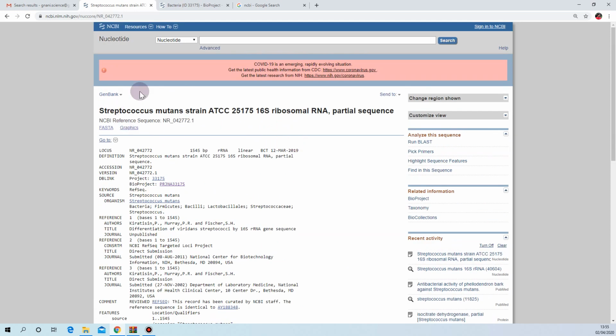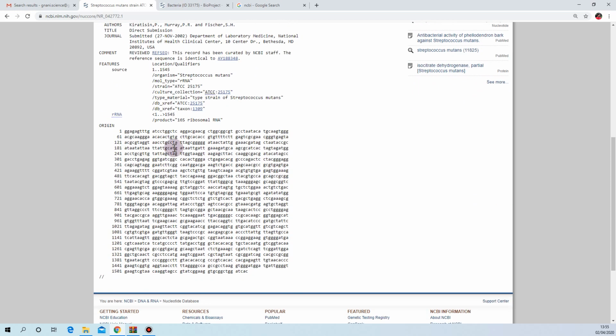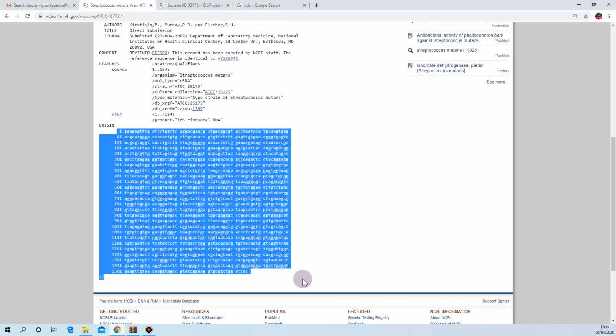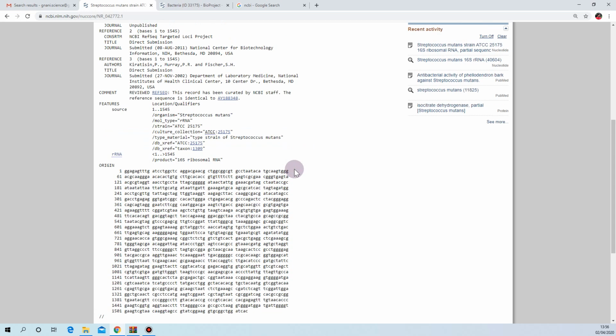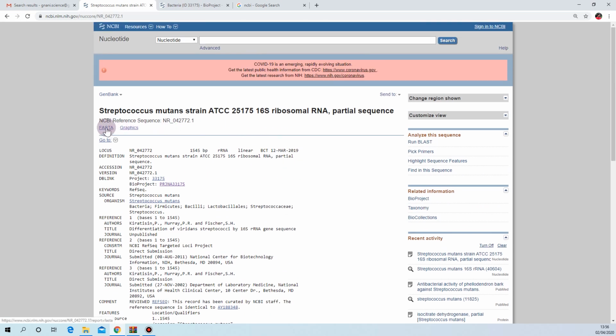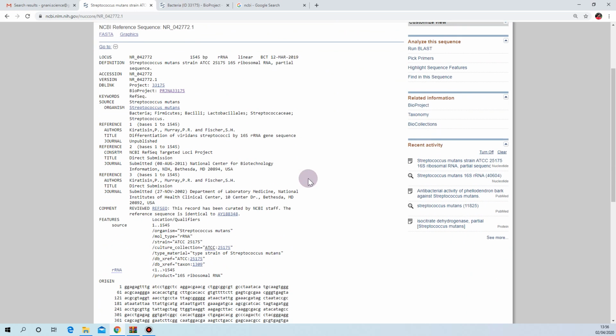So this gives you an overall idea how your 16S ribosomal RNA looks like. So if you want to use this sequence for your further work, you can just copy this, but when we are copying, we end up with numbers and gaps. Again, we need to edit all these things. So we have an option like FASTA. Before this, just